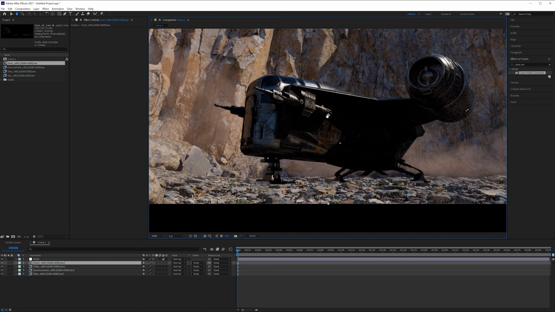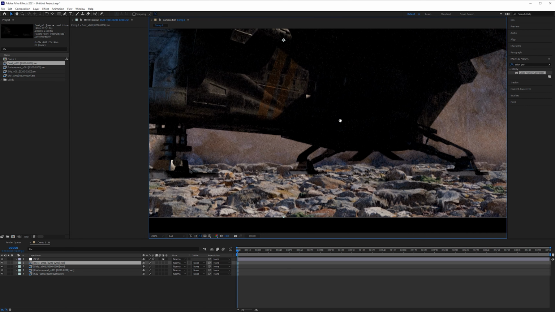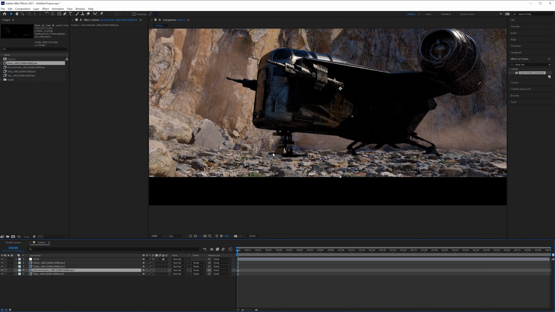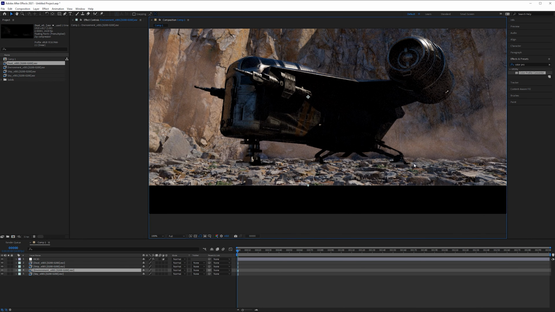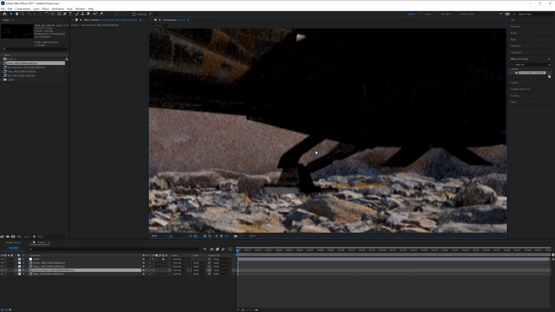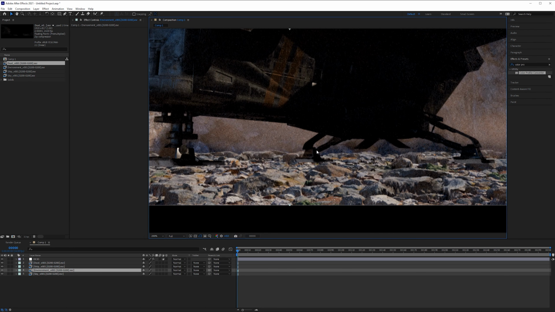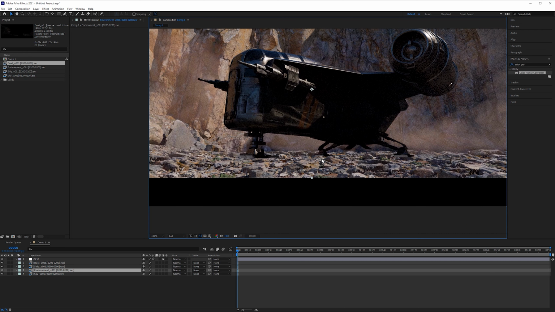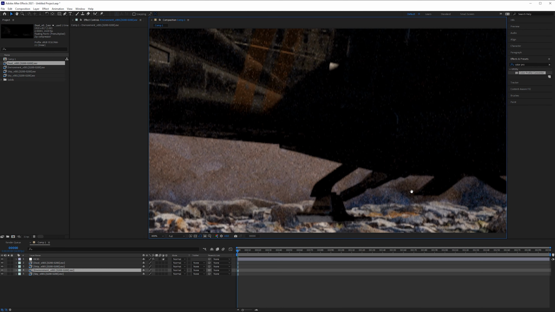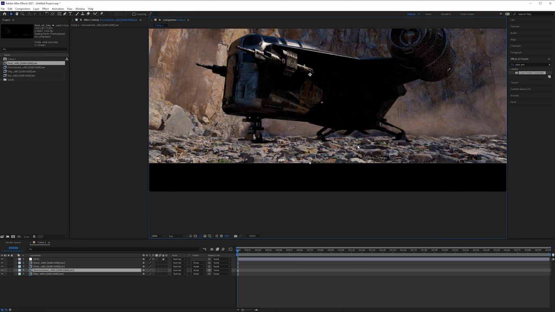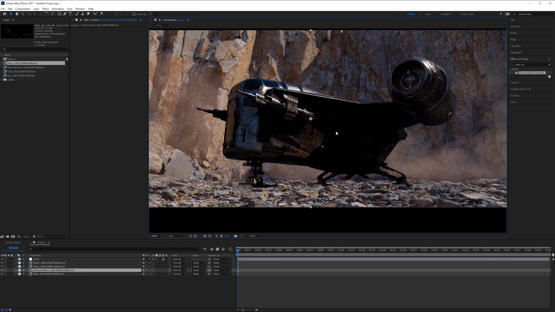And you might notice one problem here, and this is because the ship is technically on top of the environment, but really it would be behind this piece of geometry right here. So we do need to fix that. Now, this can be done in a variety of ways, but I'm going to show you a cheap solution that probably works for the majority of you, because the landing gear is completely obscured behind all of this geometry, all of these rocks.